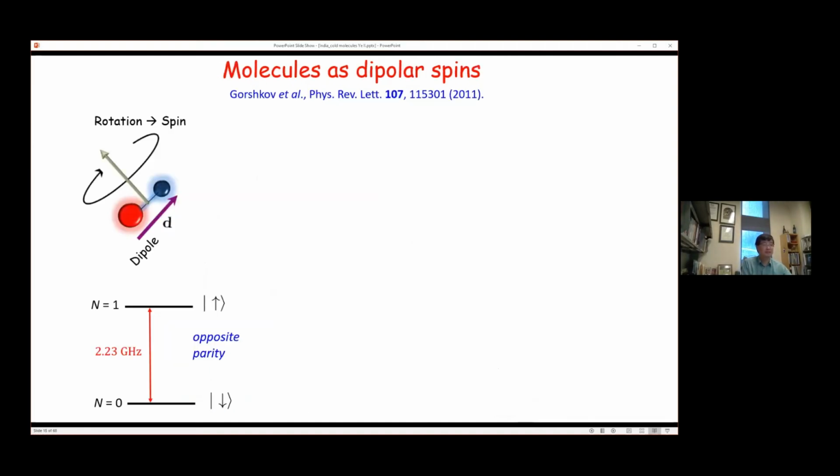Okay, so now you have these molecules living for a long time. We can actually think about doing so-called qubits. These molecules are in the absolute ground rotational state, you can give a 2.2 gigahertz microwave photon. You can put them into a coherent superposition of down and up. Down up indicates ground rotational state and first excited rotational state. And of course, remember, between the ground and rotational excited state, it actually supports an electrical dipole moment D. There's a matrix element. It's the same matrix element that allows you to use microwave photons to couple these two